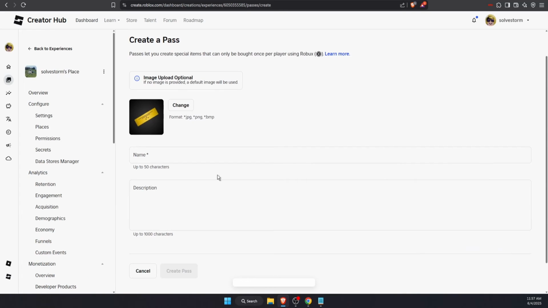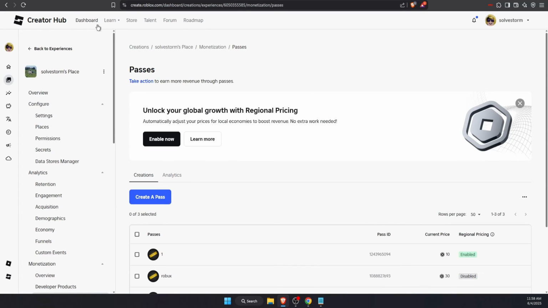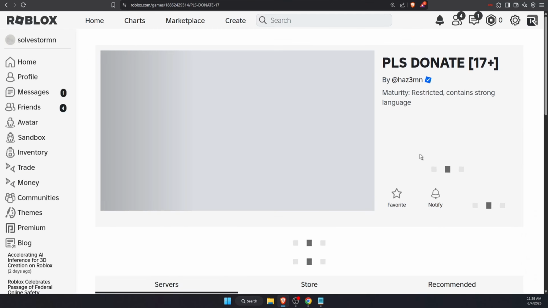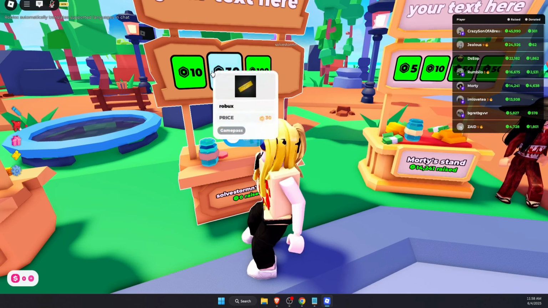create a pass. Now after you've done all of that, you can go back to your Roblox and open up Please Donate. Now as you can see it has